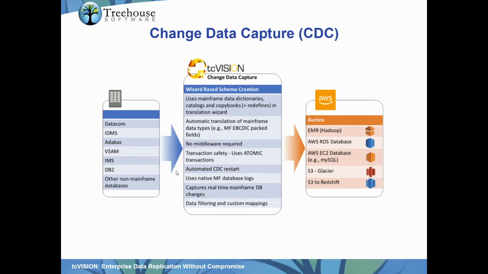sending things over. So send 50,000 from the batch, and then you have an online user who sends a single transaction over that will have its own commit point. Whatever that unit of work is happening on the source side, tcVISION is going to honor that going to the